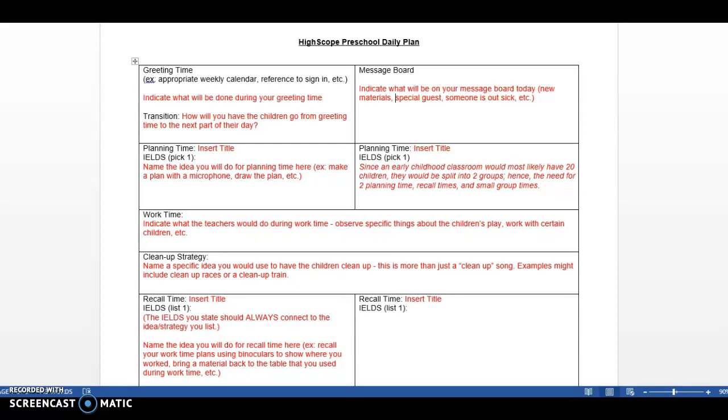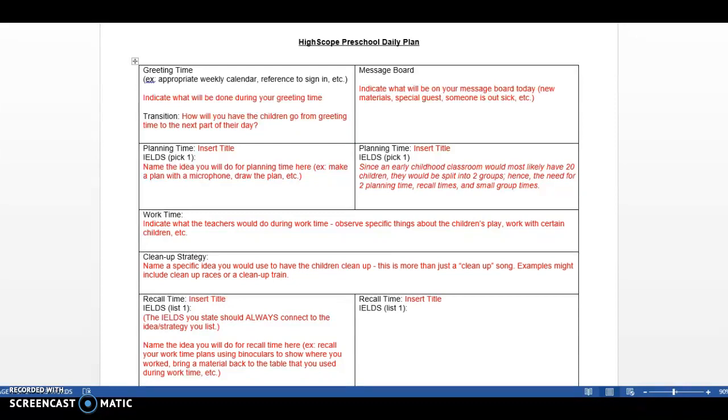How will you have the children clean up for that day? Make it more than just the cleanup song. I think everyone always defaults to that Barney tune cleanup song. Go and look at some ideas of things that you could do. Be creative about how you could clean up the materials from their work time and insert that in that section